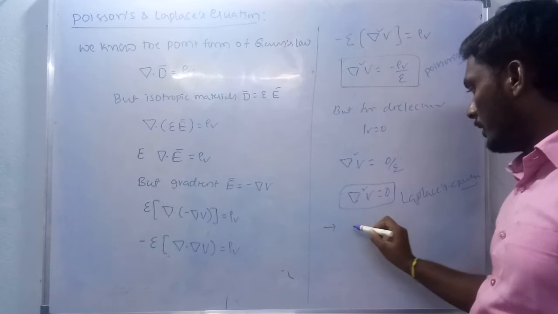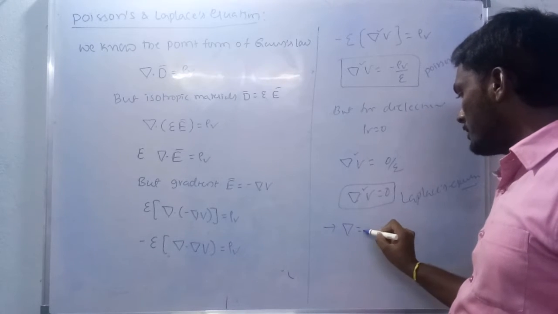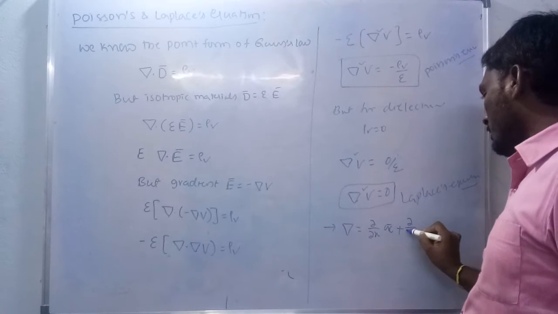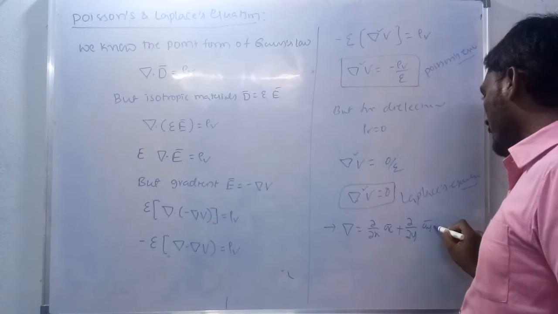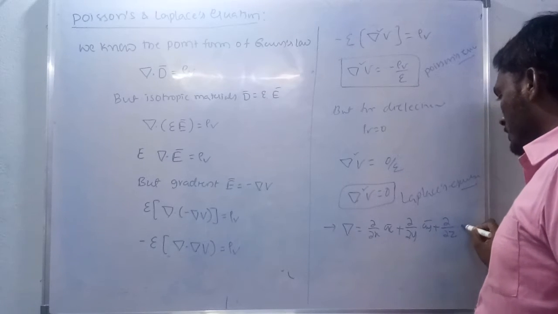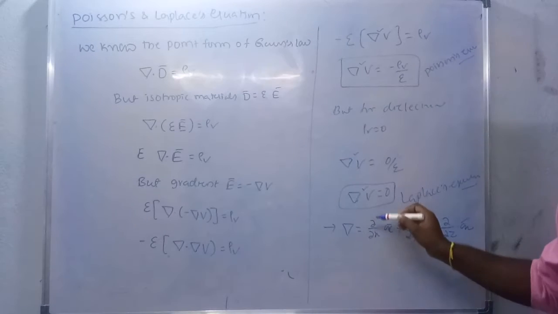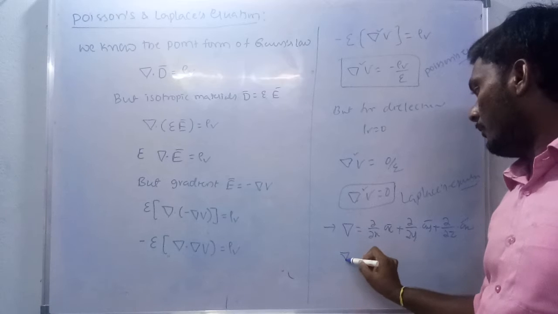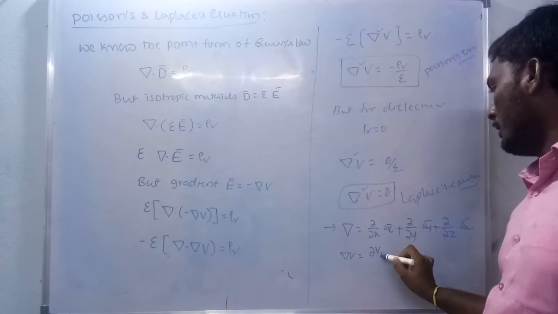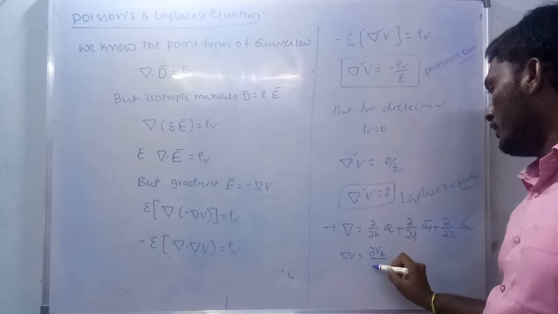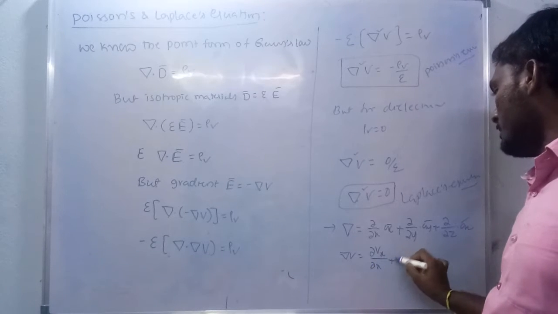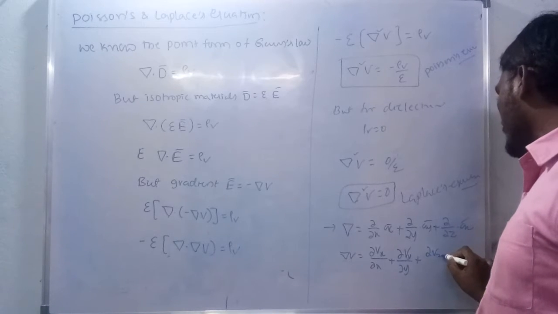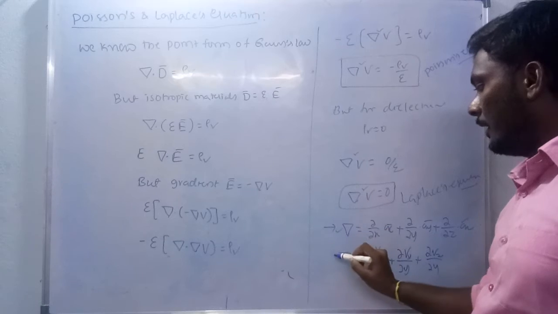Okay. Now we will see how to define the del square V term in different coordinate systems. See this del square V. So the main definition of del is dou by dou x into ax bar plus dou by dou y into ay bar plus dou by dou z into az bar. If you now apply it to the scalar quantity V, what will happen in the Cartesian coordinate system? Del V will become dou V by dou x plus dou V by dou y plus dou V by dou z. This is about del and about del V.